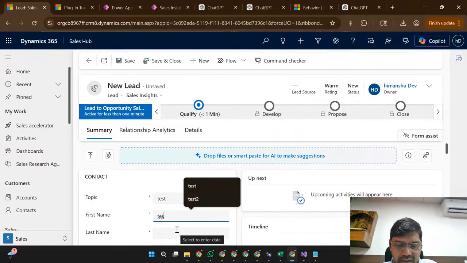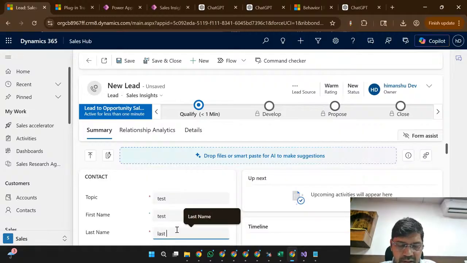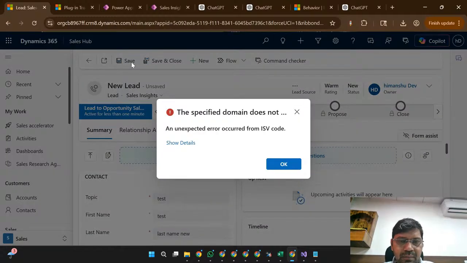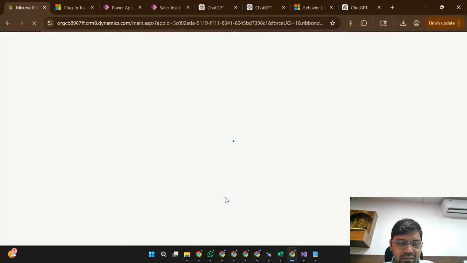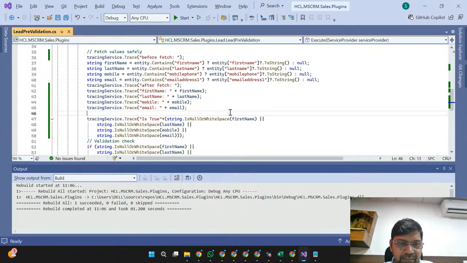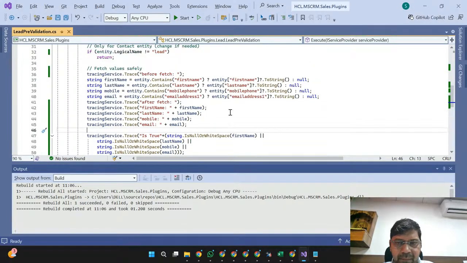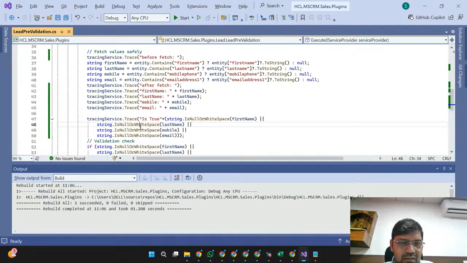We will not pass any new. Now save. Why are we still using dot to string somewhere? Null, null,